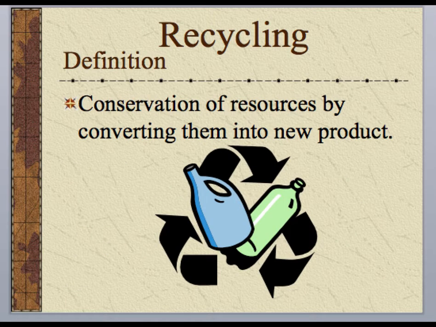We have our recycling. That's your conservation of resources. The biggest thing you want to do with recycling is follow the 3 R's, or actually the 4 for the exam. You want to start refusing, which is not buying those items that cannot be recycled. Then you can be reducing the amount that you use. You can reuse it and then recycle it in different ways.